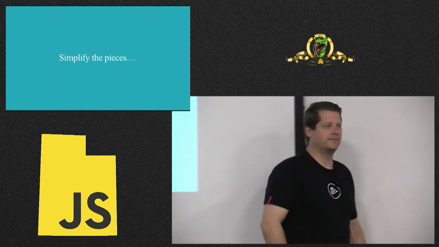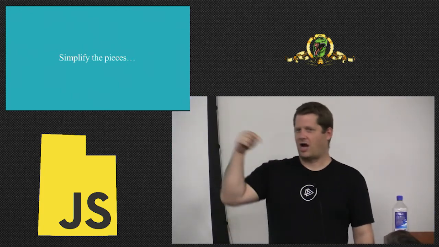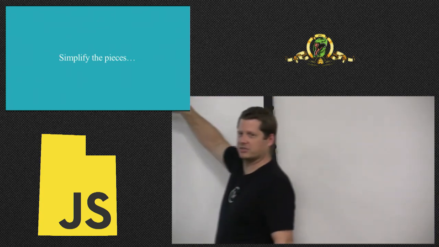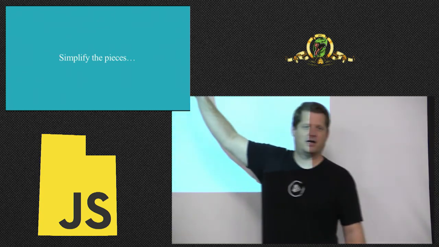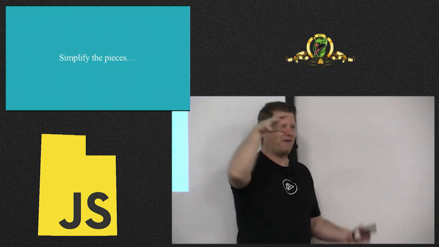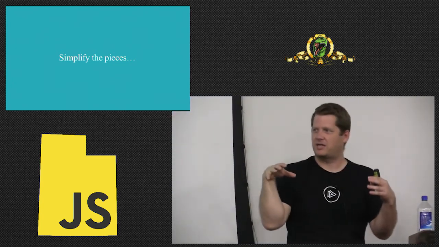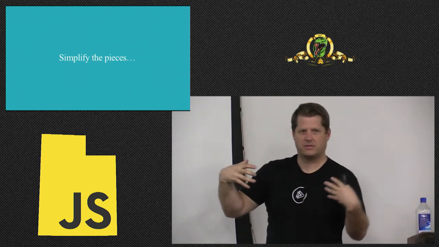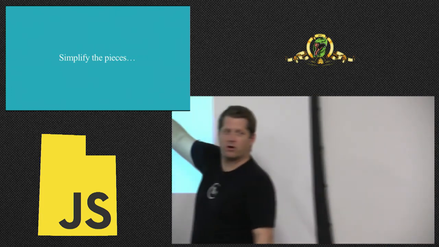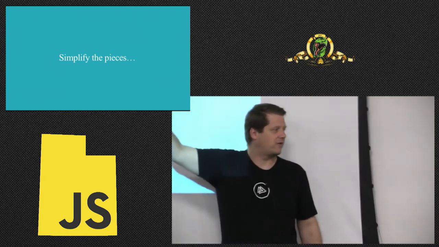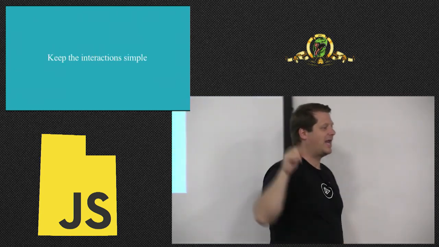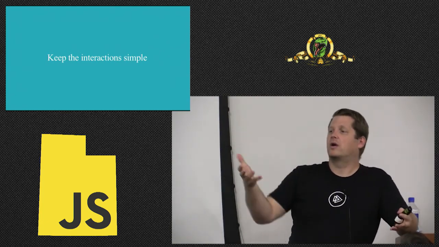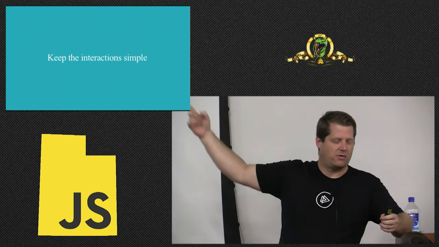So the talk right before this, who was in the talk right before this? Right, she put up some metrics like lines of code, less than 20 lines of code in a class and all. If I get higher than some of those things, the brain power involved is too much. I want to pull all that stuff apart. And that ultimately is where functional programming, functional style comes in handy for us. It simplifies the pieces and it keeps the interactions as simple as possible so that I don't have to worry about it. Right, so ultimately that's what you need to walk away from.